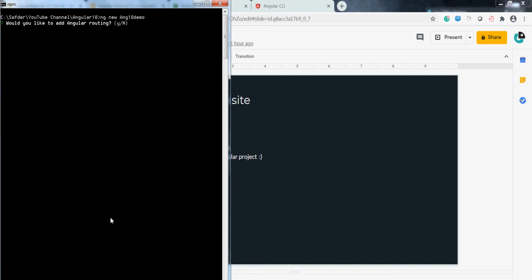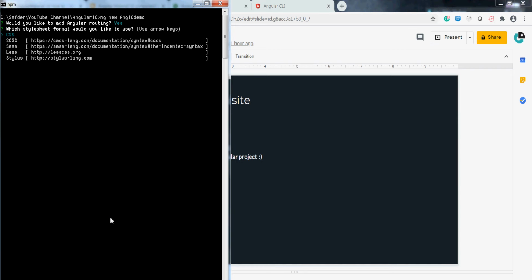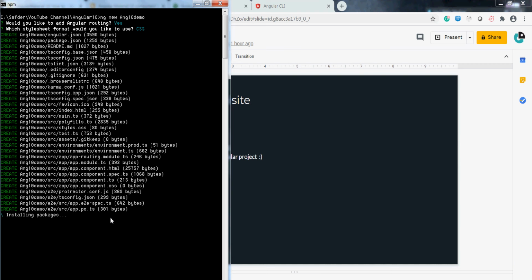If you need routing, you have to press Y and enter. You can select which type of CSS style sheet you need, but I'm going to select simple CSS. You can see here that it is installing the required packages. It will take some time, so please bear with us.